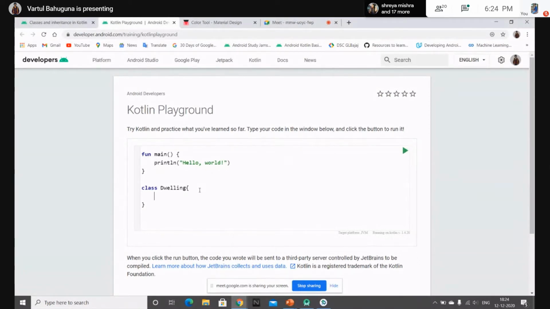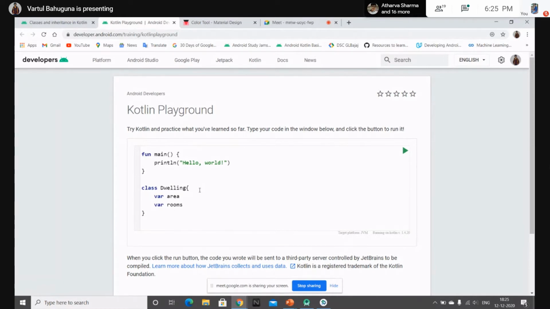And herein we will describe the properties of the class. Like you can give any val area, like the dwelling will have some area, then val rooms, or let's change it to var. And then what we want is that when the object of this class is created, the values are taken while creating the object.